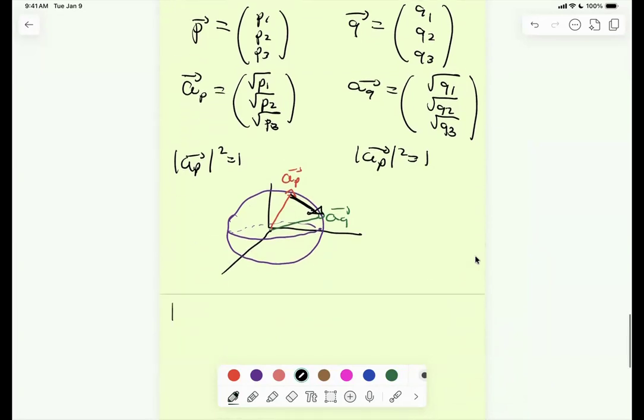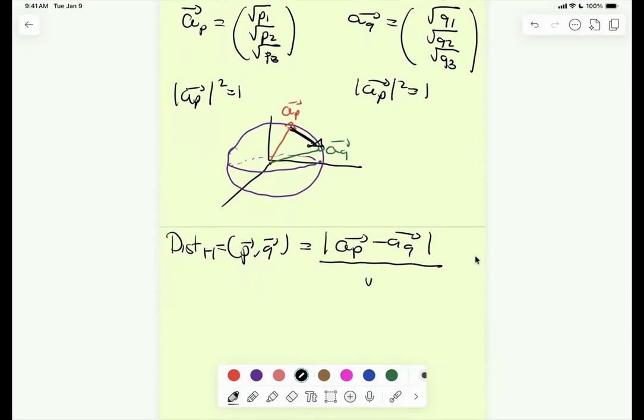The Hellinger distance was just the length of those, like, what is the distance between two points in three dimensions? You just subtract the entries and take the length of that. So it was just the Euclidean length of AP minus AQ, right? I think divided by square root of 2. That was a normalization factor just so that it would come out to a nice formula, so that's not too important.